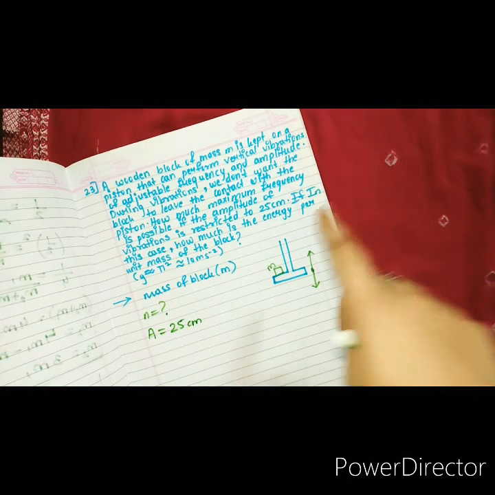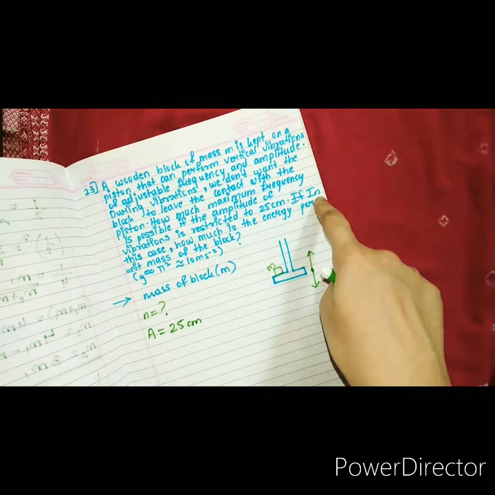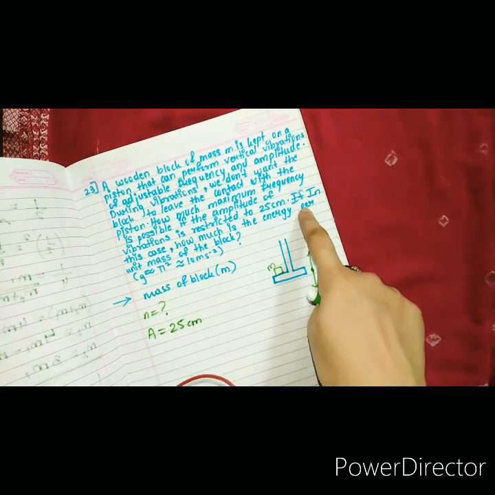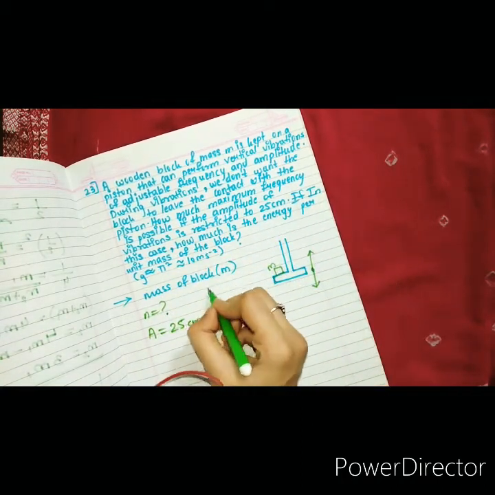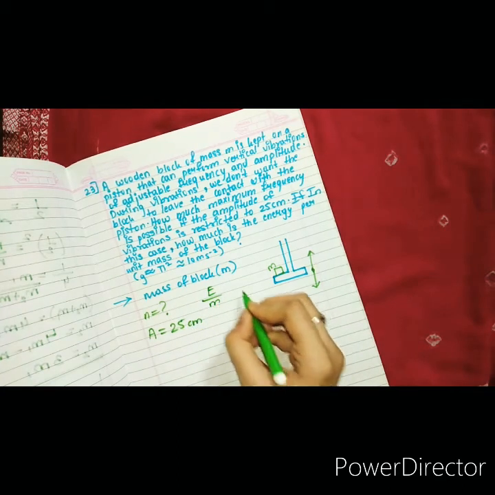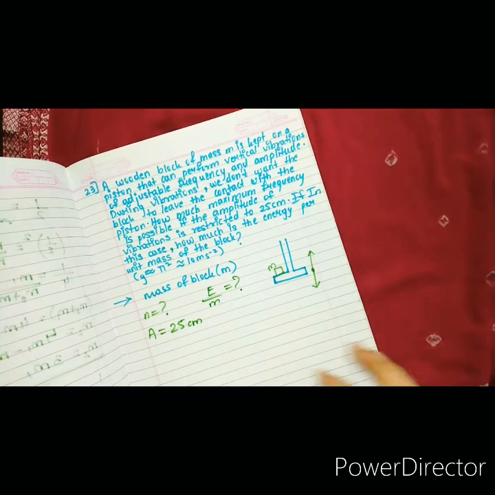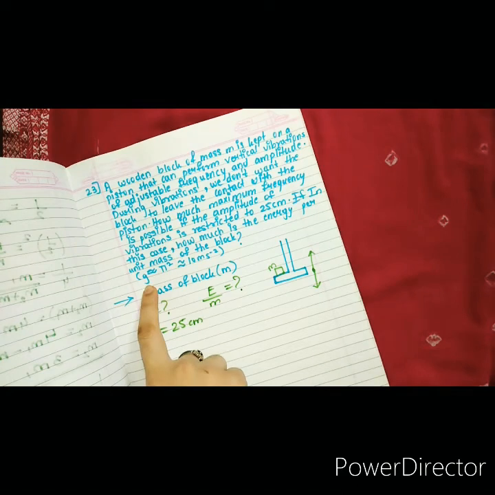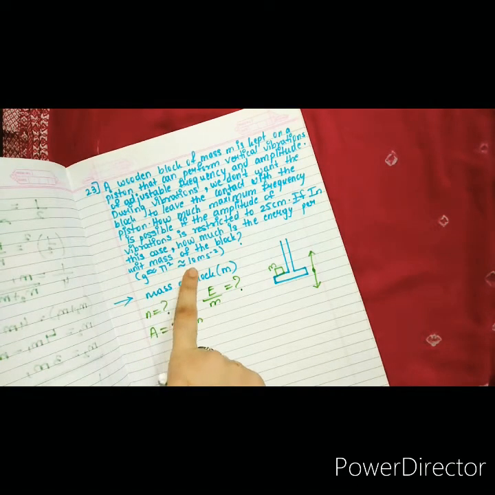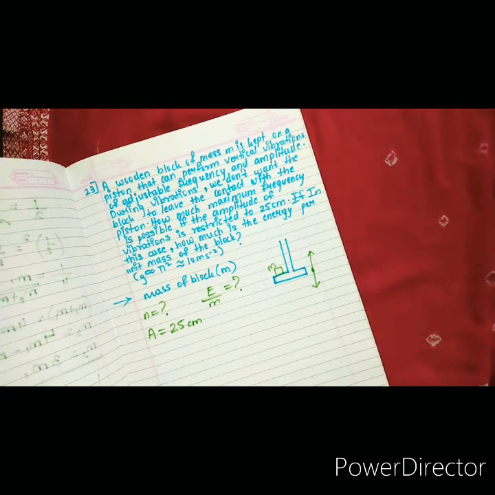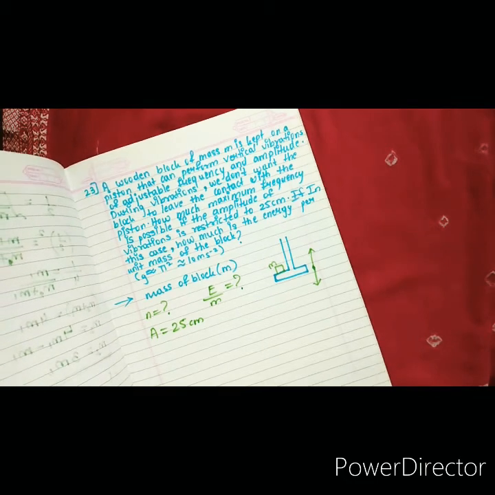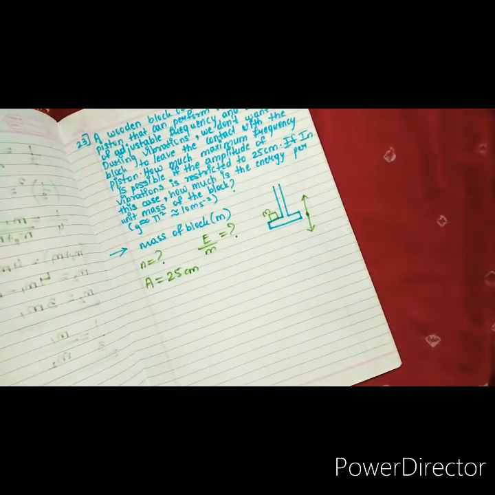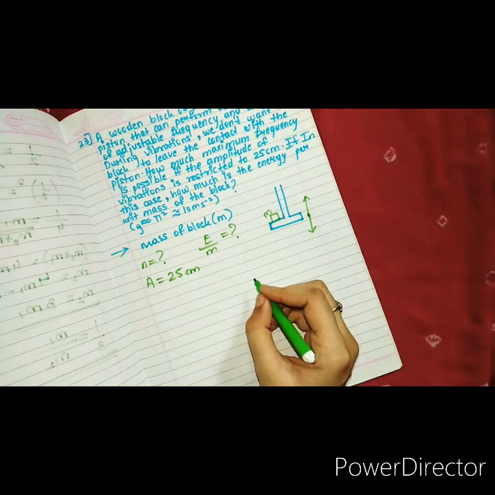Okay, then what else we have? In this case, how much is the energy per unit mass of the block? We have this given to us, that is g is approximately equal to pi square, which is approximately equal to 10 meter per second square. Okay, let's start. What we need to know is